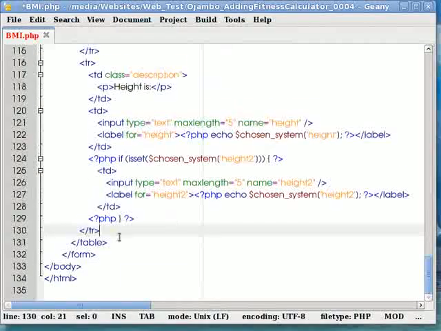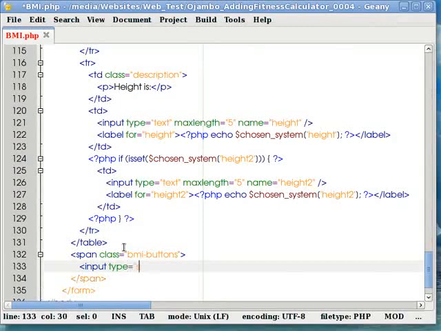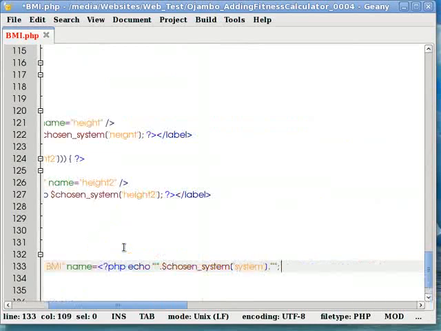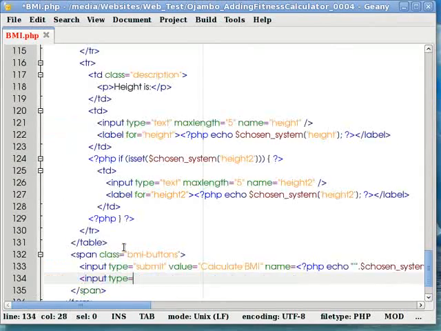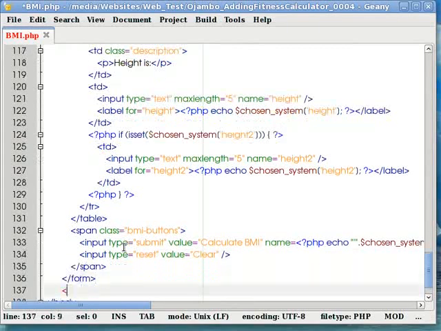It's the waste part. Okay, here is our button, so we can style the buttons separately. The first one is the calculate one, which is obviously a submit button. And the second one is just a clear button that will clear everything in the table. Now we